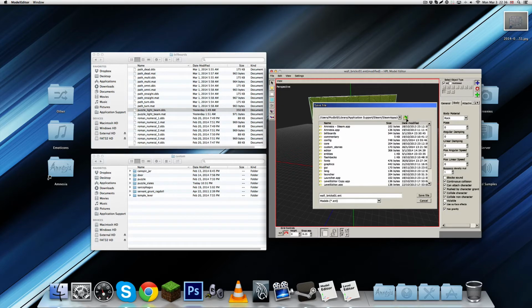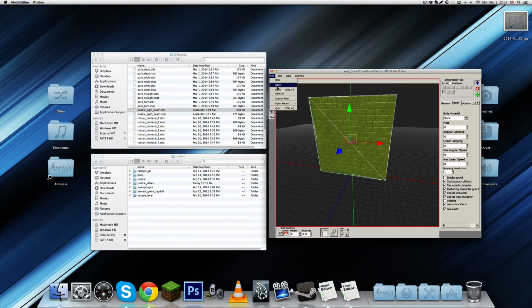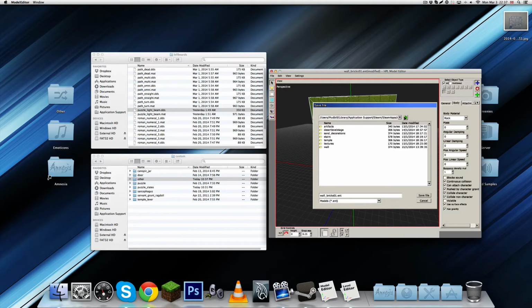Can I put the entity file up in the entities and still point to the static object files? I think that might work. Puzzle slates. I guess it could just be in here, or should I make it? Damn it! Should I make a new folder called other or something? Other. So we can save it in there. Save as, back, entities, custom, other, and save it as wall bricks 01